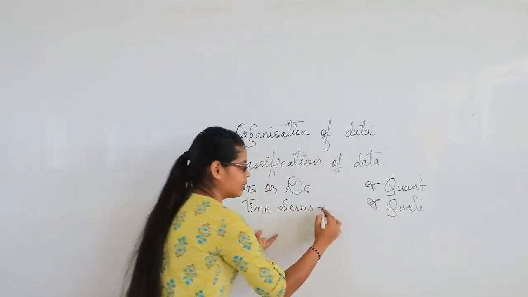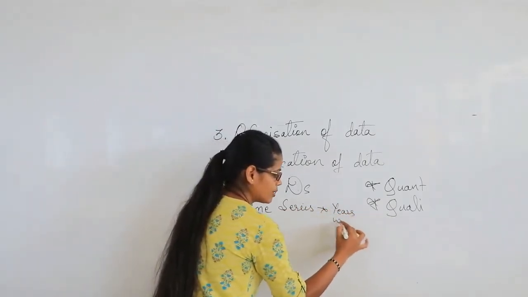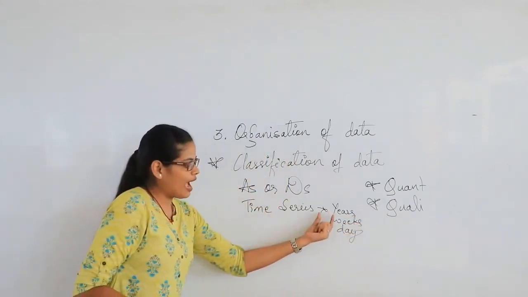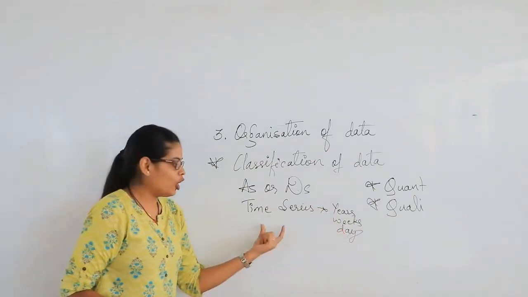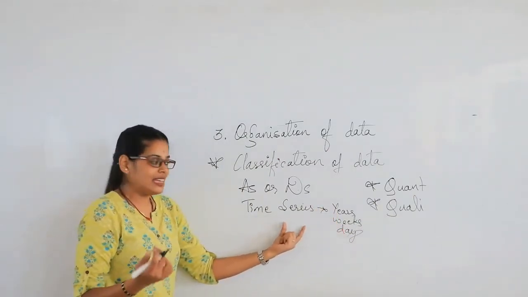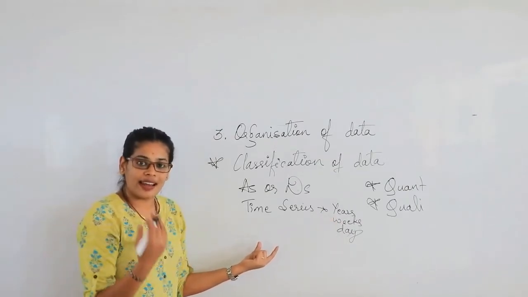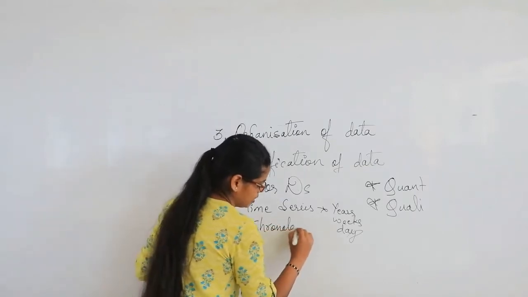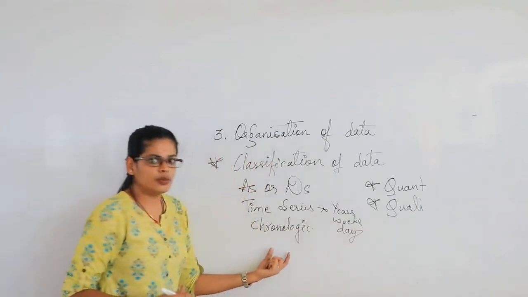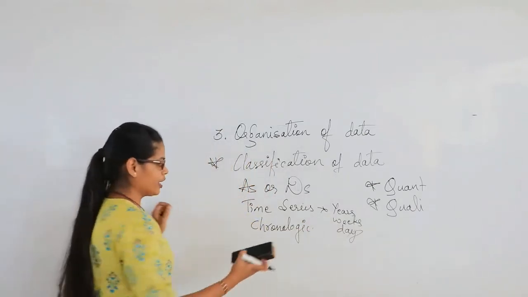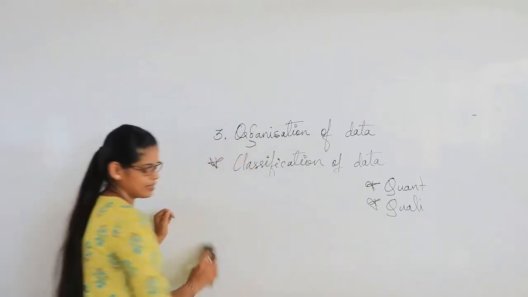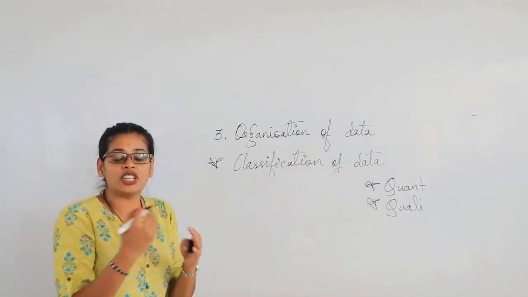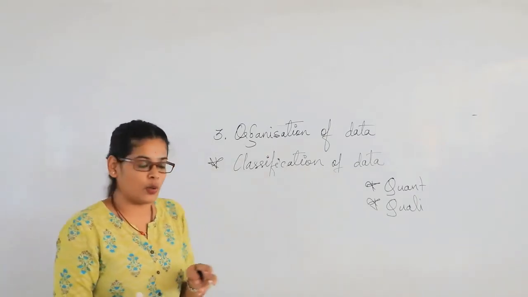Time series is nothing but years, weeks, days, right? So when you have data in this type, we call them a time series. So even these data can be organized or classified in chronological order. So what is this chronological order? When we are talking about this chronological order, we say, I want to understand how the admission pattern is going on in a respective school. So in